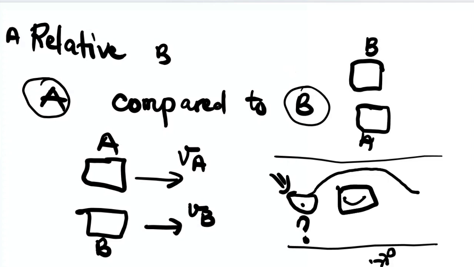But if it is someone that is standing by the roadside, the person will be seeing you guys in the car moving very fast. So the relative velocity compared to yourself in the car is different from the relative velocity that the person standing outside will be seeing. That's what relative velocity is concerned with, right? How one moving body moves in reference to another. That's basically that. So what is relative velocity if you want to do it